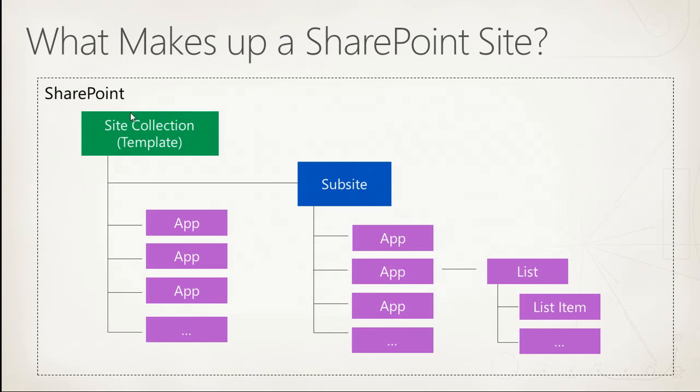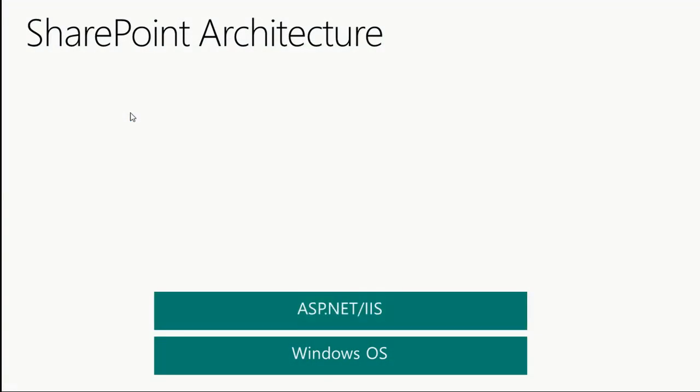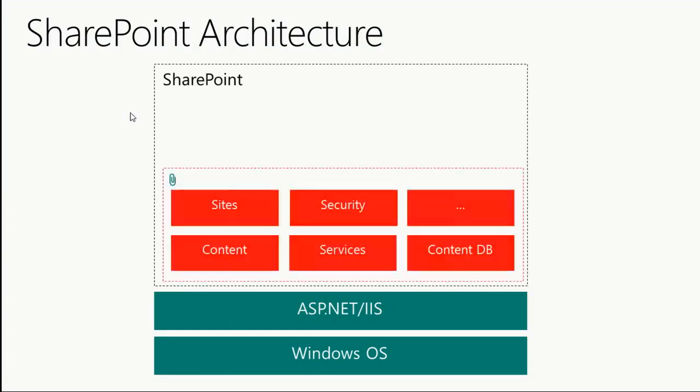That said, that's just a quick taxonomy. If we think about the architecture, what sits beneath SharePoint? We've got Windows, ASP.NET, IIS, and of course, the boxes there just represent some things that are out of the box, right? I've got sites. I've got permissions and security that can assess against a site. I've got services, Excel services, business connectivity service. Oh my God, so many services. All right? Content database, which is the major thing you'll want to keep an eye on. If that ever gets corrupted, you're in trouble. Content, et cetera, et cetera.